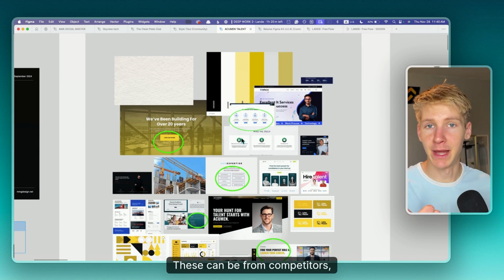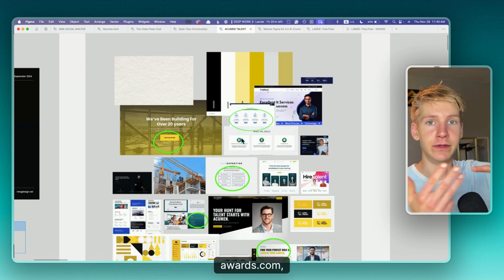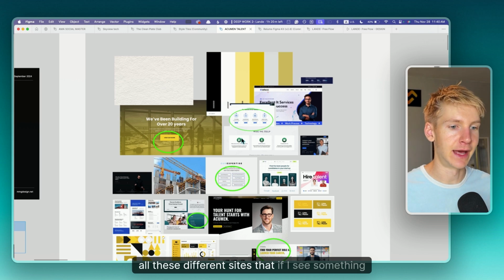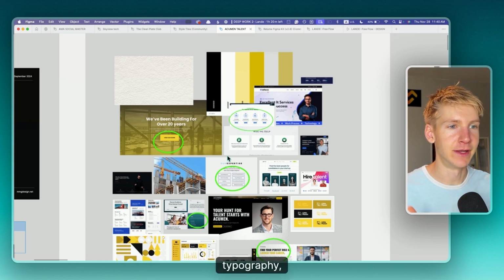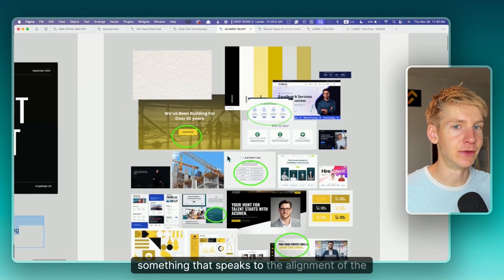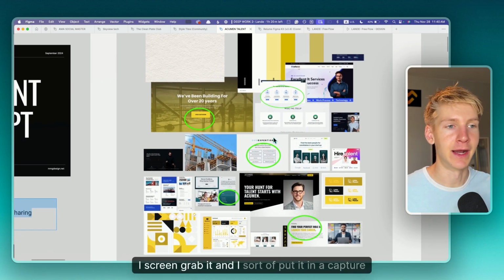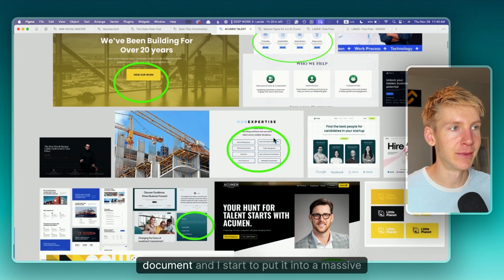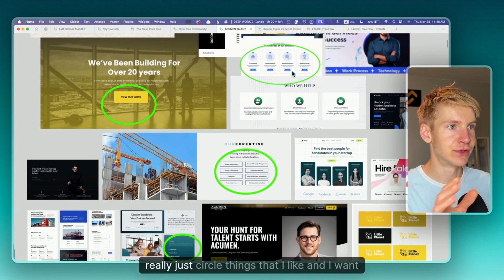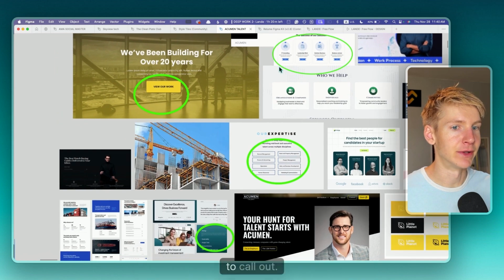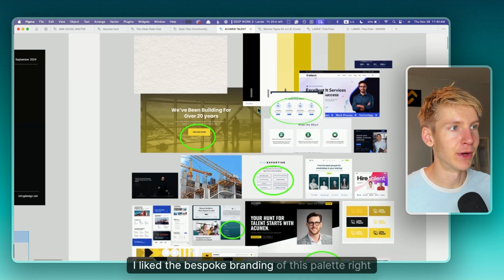These can be from competitors. These can be from websites like Dribbble, Behance, awards.com, all these different sites that if I see something that I like in terms of UI elements, typography, branding, something that speaks to the alignment of the script that we've created, I screen grab it and I put it in a capture document, and I start to put it into a massive board, and I can start to really just circle things that I like and I want to call out. So for example, on this website, I liked the bespoke branding of